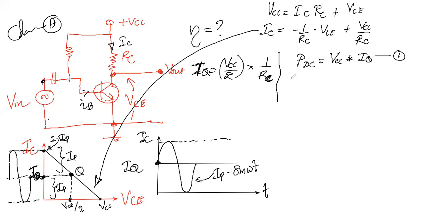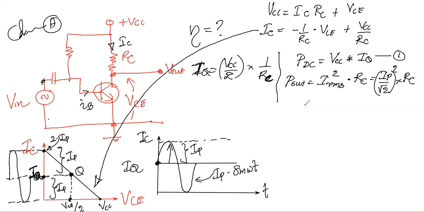As well as you can compute the P out also, the AC power output to the load, something like this. If you know the RMS value, IRMS squared into RC. This IRMS you can substitute by using this peak value, this I peak value. So if you substitute the peak value to here, IRMS you can write down, I peak value divided by √2 and then take the square value into RC.